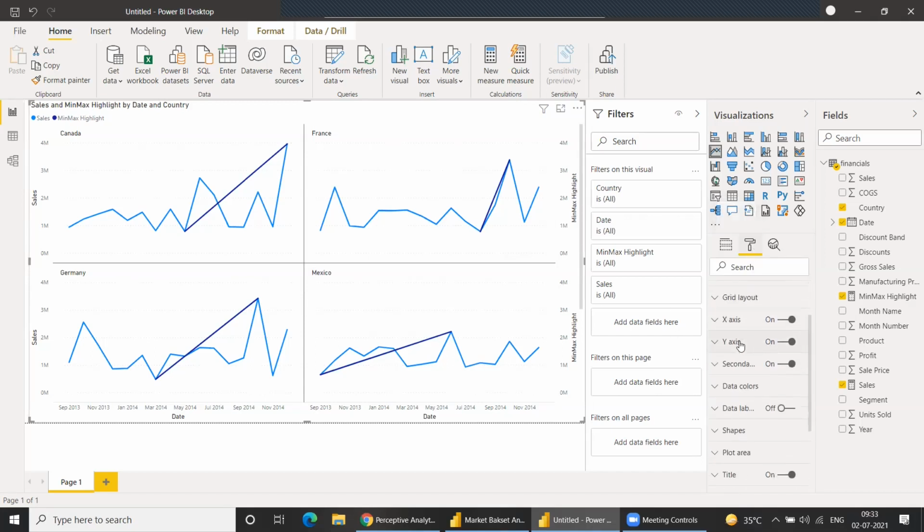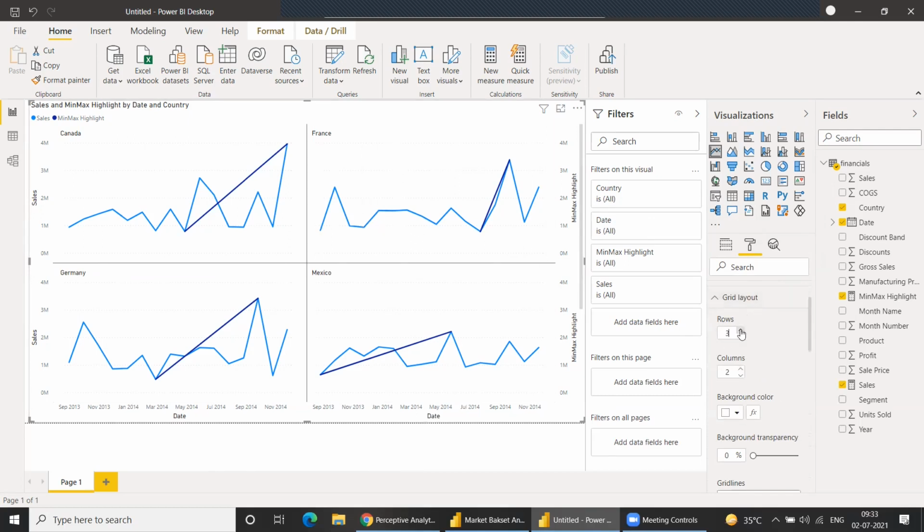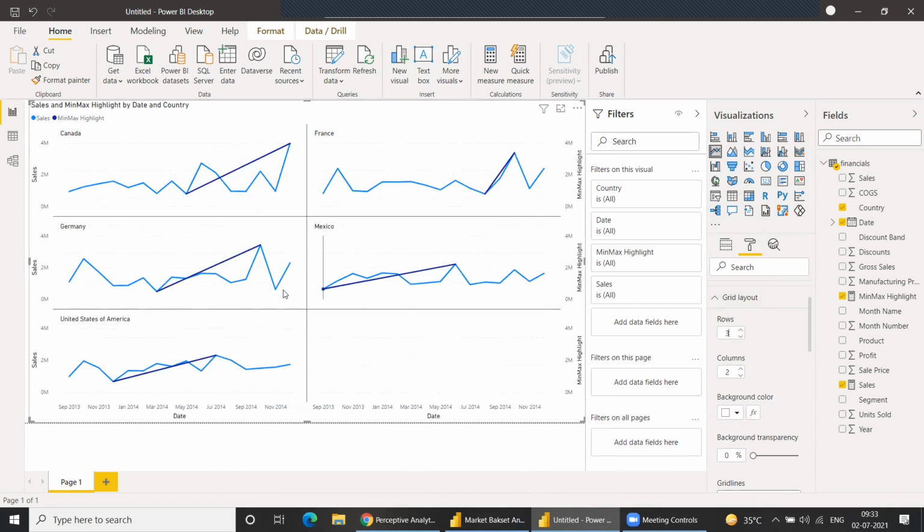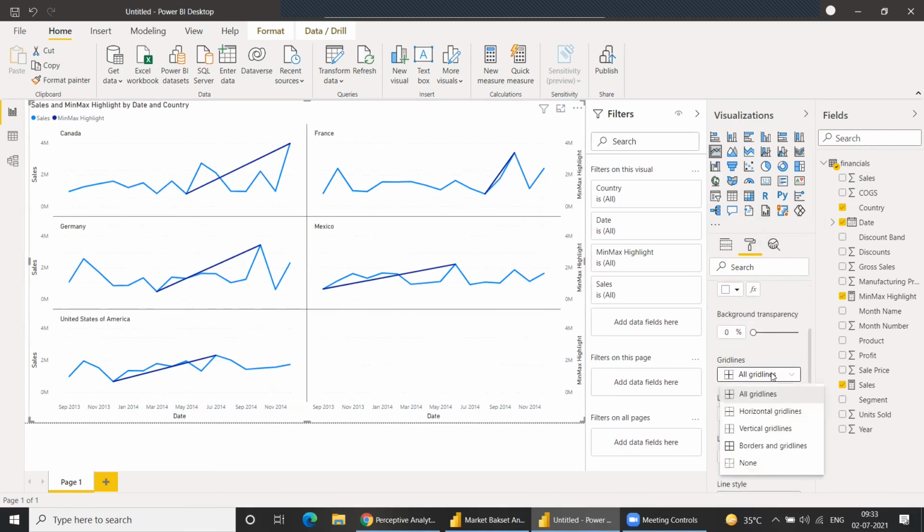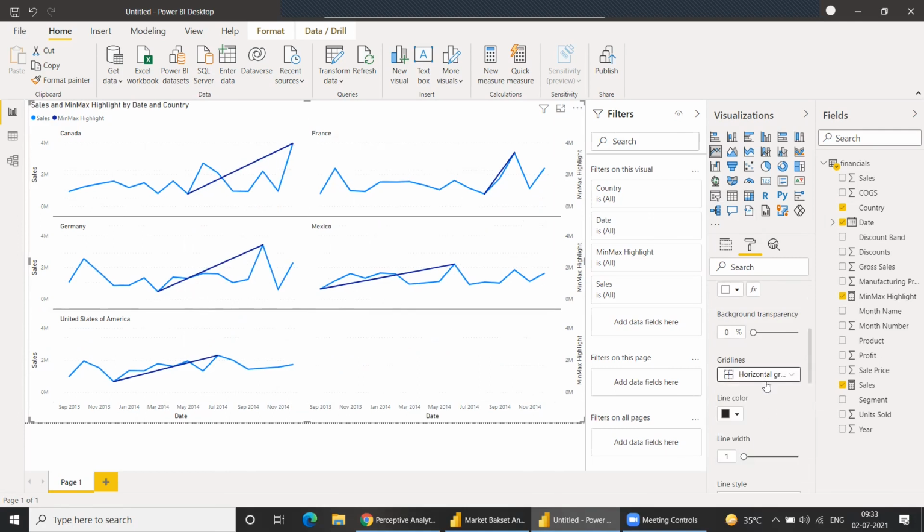First, we'll go for grid layout. In the grid layout, there's a number of rows and number of columns. Let's say I increase the number of rows to 3. Now it's covering almost all the countries which we have in our database. And then the way you want the grid line: if you want horizontal grid line, it will just keep horizontal.